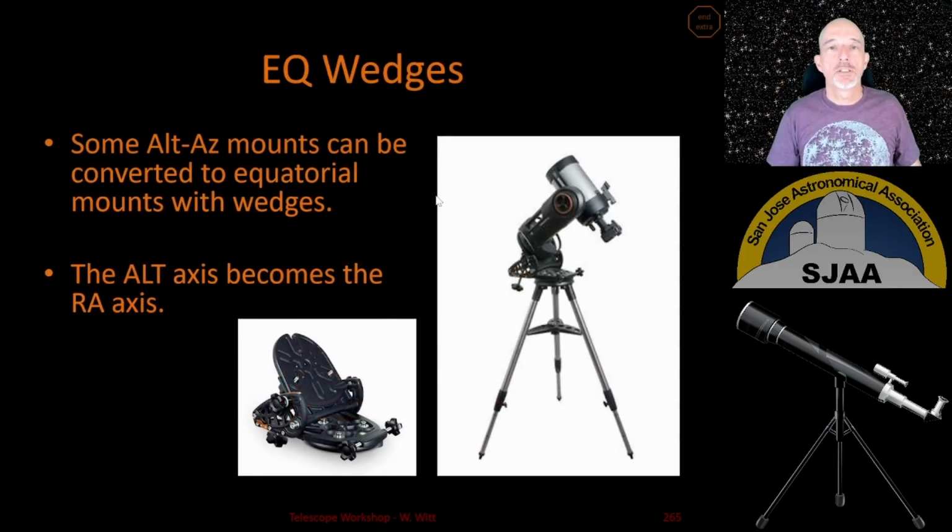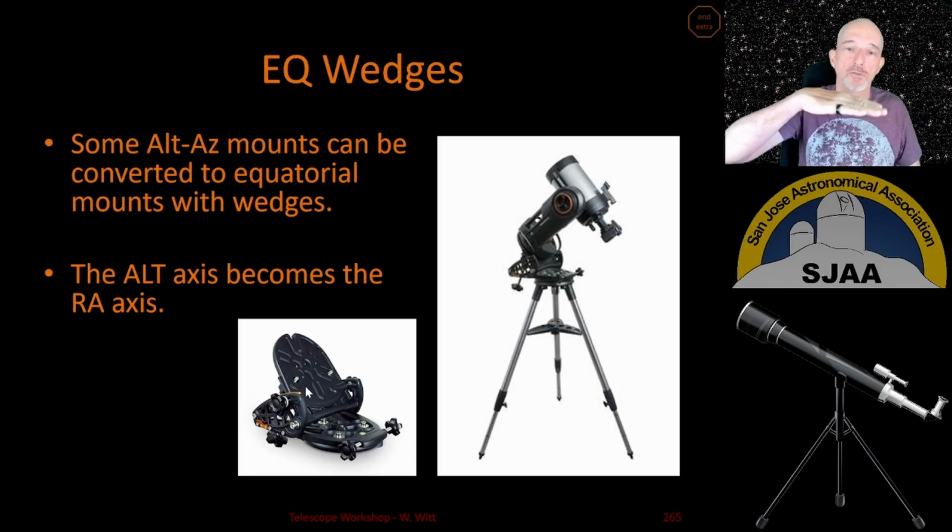The final thing I want to mention here is equatorial wedges. So this is another way to get an equatorial mount effectively. I haven't seen these too much in my time in amateur astronomy. I think maybe once or twice somebody had something like this, but it can be a good option if this works for you. So notice that what we have here is a tripod, and then this thing, which is basically one of the alt-az Celestron telescopes we saw in earlier slides. But what's new here is that this wedge got shoved in between the tripod and the rest of the mount assembly. And this wedge can be tilted to various angles